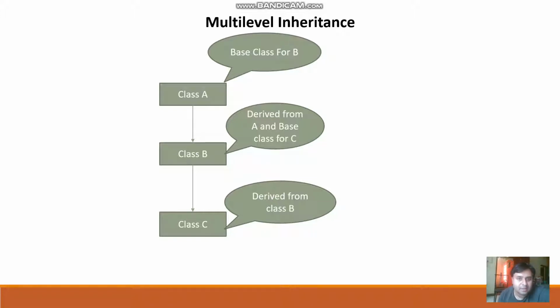Then the next type of inheritance that we discussed is multiple inheritance. In multiple inheritance we created one derived class from multiple base classes. So we are taking properties of multiple classes into a single derived class. Now the next type of inheritance is multi-level inheritance. You can see this in the diagram,